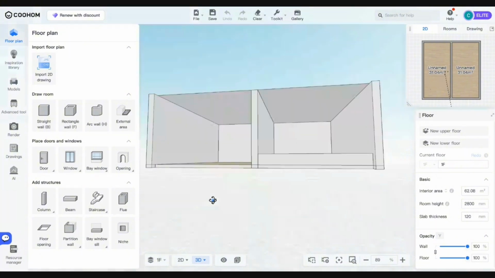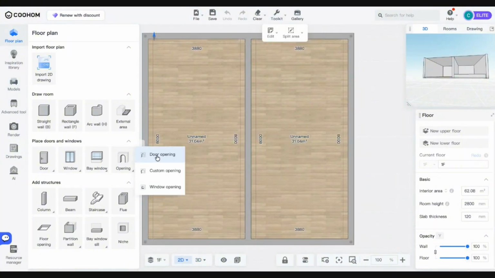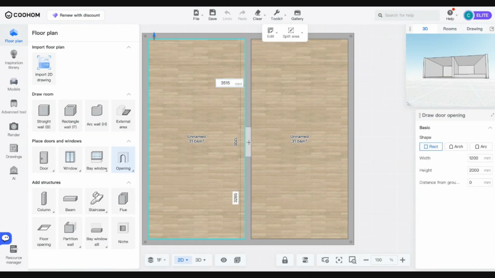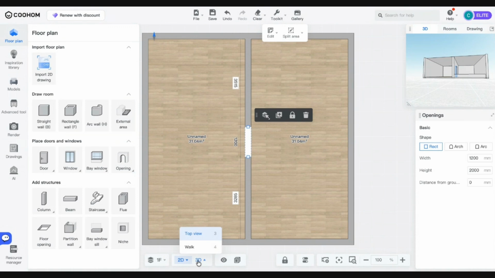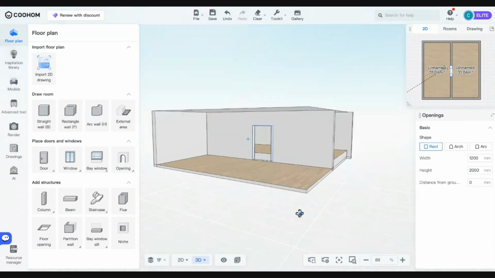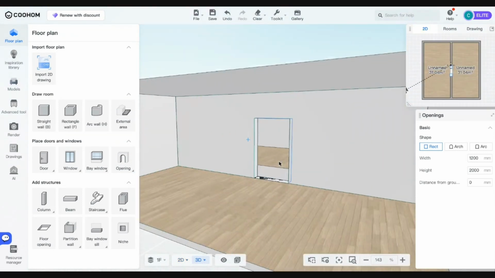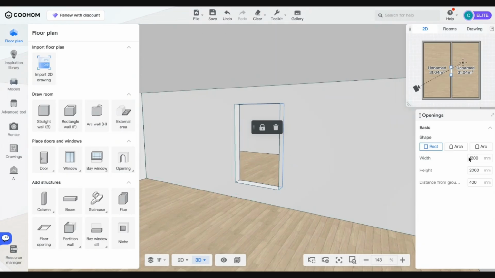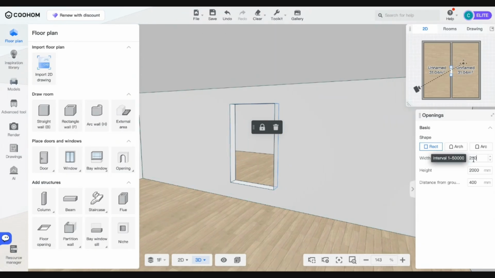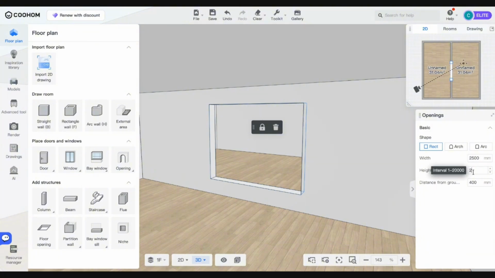The floor height. So then for example, I'm going to put a door opening over here. And then in the door opening, I go to 3D and view the door opening over here. Right. And then for example, I change the distance from the ground to 400 also, so it's going to match the other room. And then the width, for example, 2.5, and then the height into 2.2, for example. And then